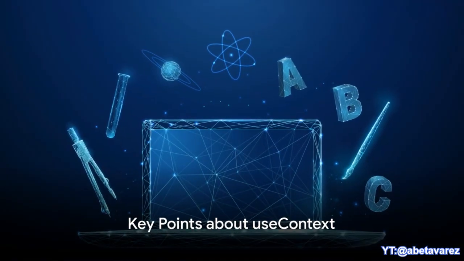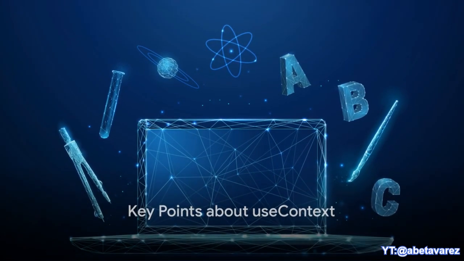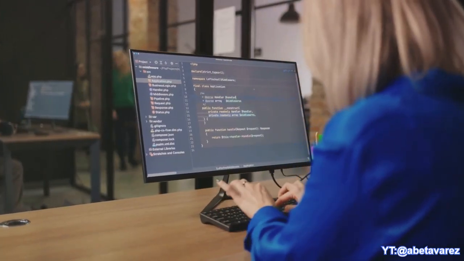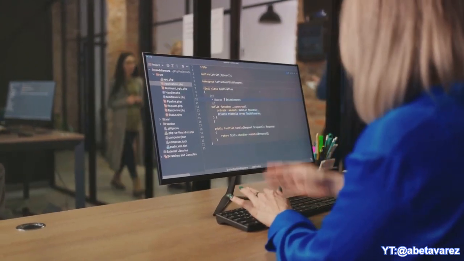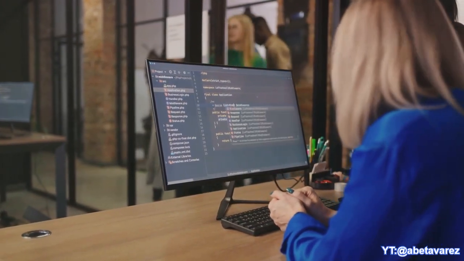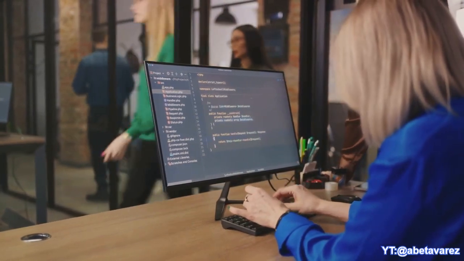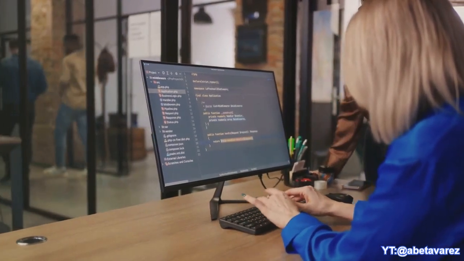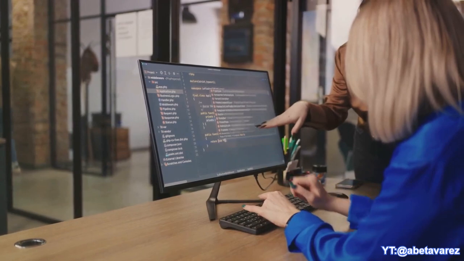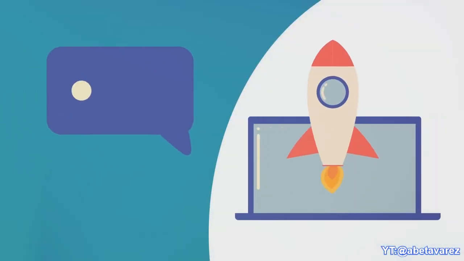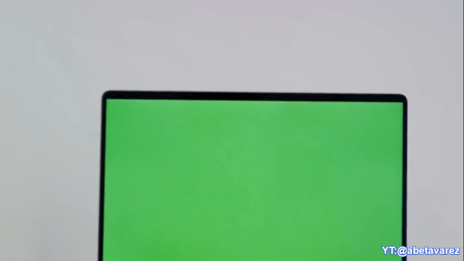So, what are the key points to remember about useContext? Firstly, useContext is a built-in React hook that helps to solve the problem of prop drilling. It allows for the sharing of state across multiple components without the need to pass props down manually. Secondly, useContext consists of two parts: React.createContext, which sets up a provider and a consumer, and the useContext hook, which allows components to tap into the